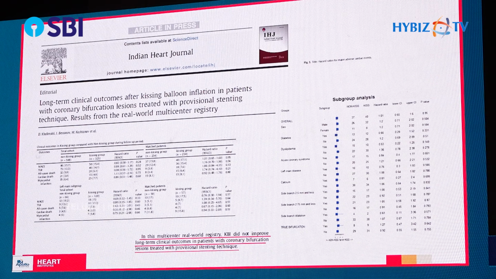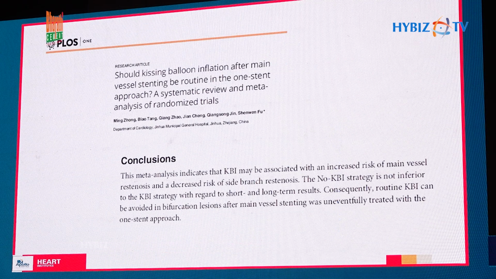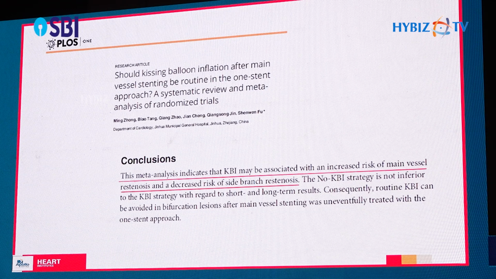So the take-home message is that you did not do side branch kissing in a provisional stent strategy. This was a meta-analysis which has just been published around 3 to 4 months back, which also indicates that KBI may be associated with an increased risk of main vessel restenosis and a decreased risk of side branch restenosis. So as we move from 2015 to 2022 or 23, we see that